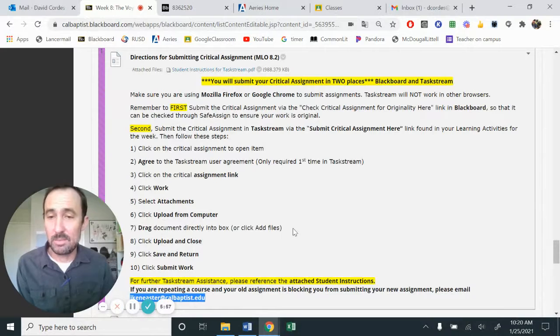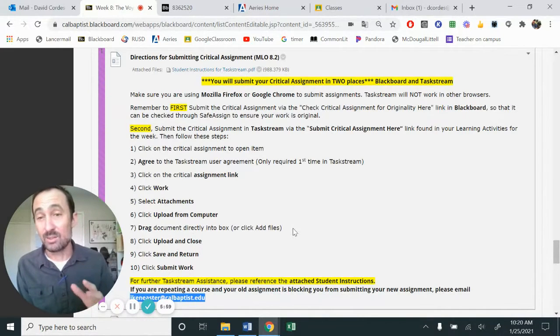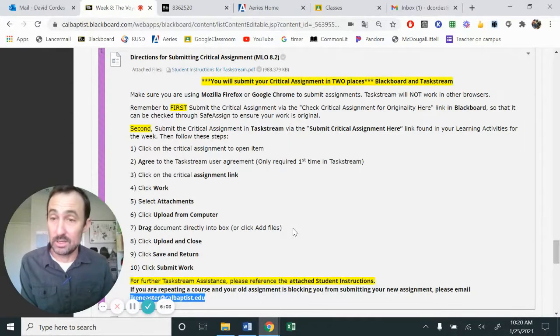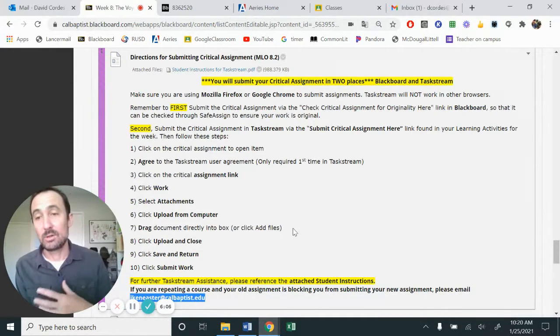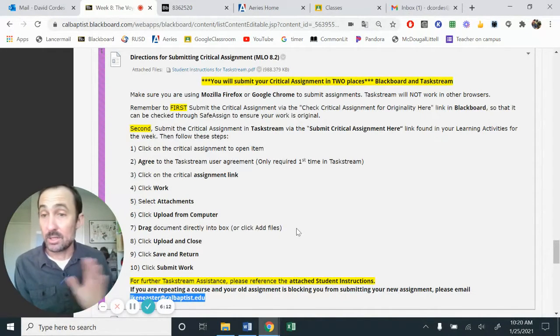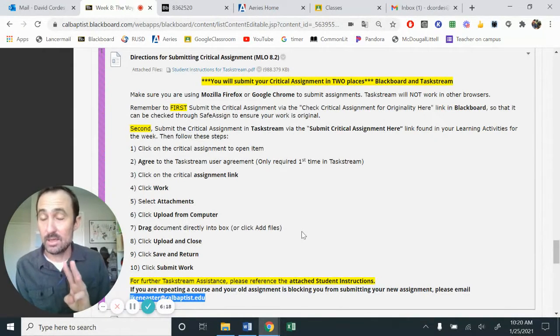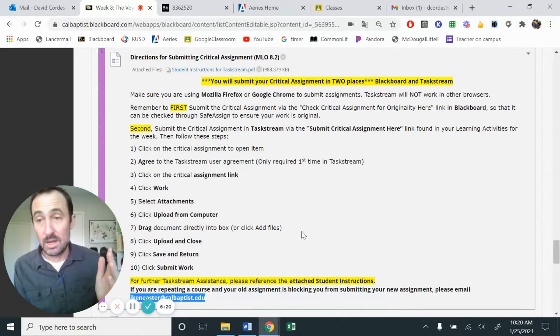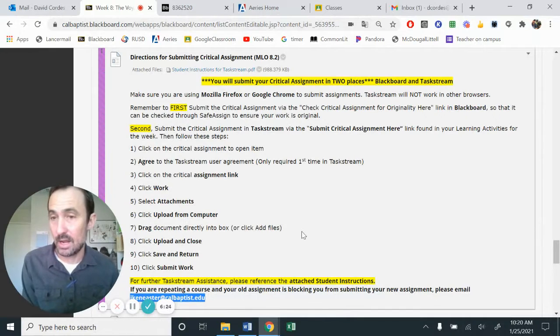Now, I don't mean to make this as overwhelming as it sounds. This is just another step that we have to do, and we haven't done this yet, so it is unfamiliar. That's why I'm asking you to manage your time so that you can submit it, because all of this is due by day 3, okay? So day 3 for us is Monday, Tuesday, Wednesday, and that's probably Wednesday at midnight. Now, if that rolls over into early Thursday morning, that's understandable.